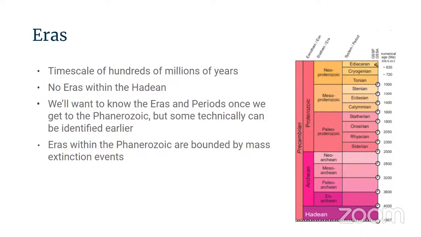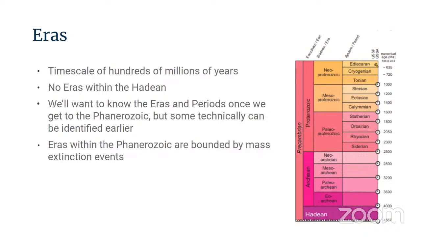So the time scale here is hundreds of millions of years. We don't have good enough instruments or techniques to look at eras within the Hadean, so we don't have any. So we really just have an eon to know for today, our Hadean eon. Okay. But once we move forward into the Phanerozoic, we'll want to know things to the era level,